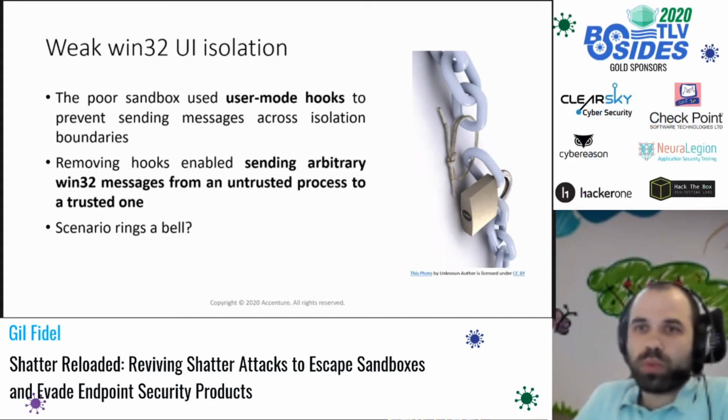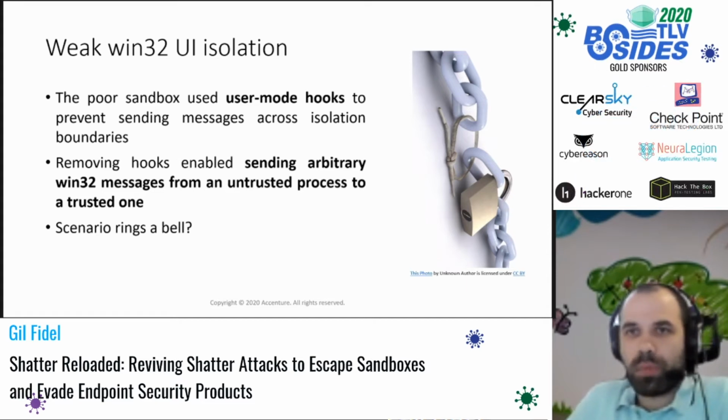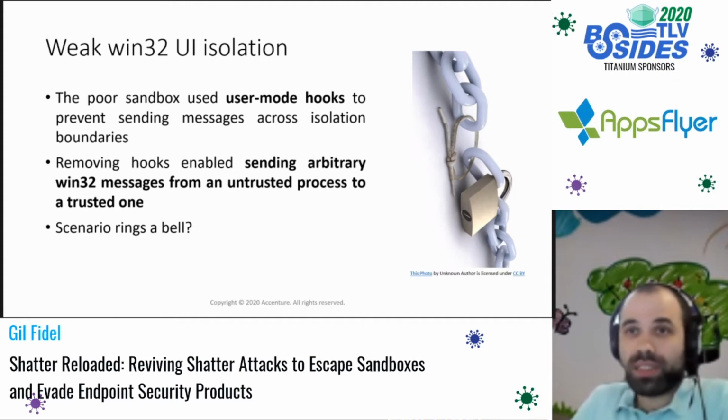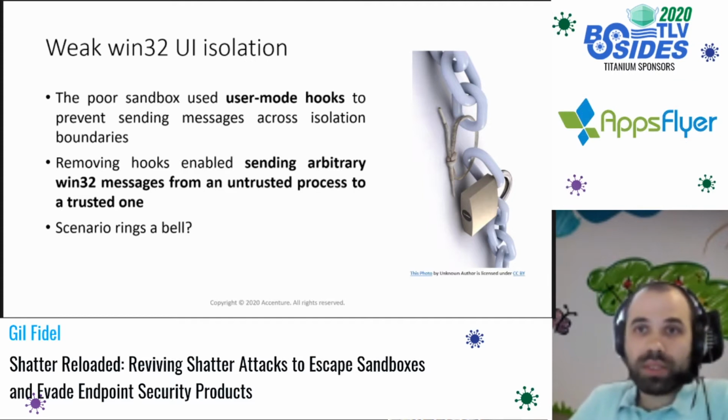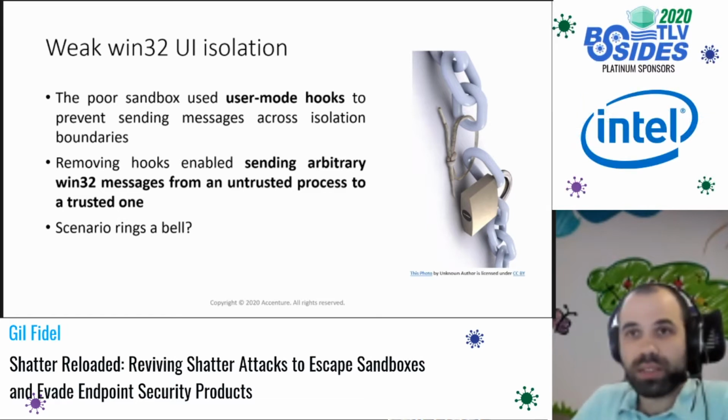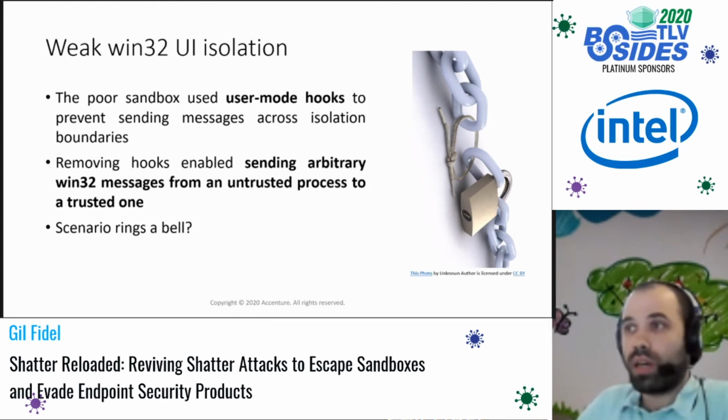So the way it would work, for example, let's say I'm running in an untrusted process and want to send a Windows message to a trusted one. The moment I call send message, there's an inline hook intercepting it, denying the call and returning me access denied. But since this is a user mode hook in the process we are executing in, we were actually